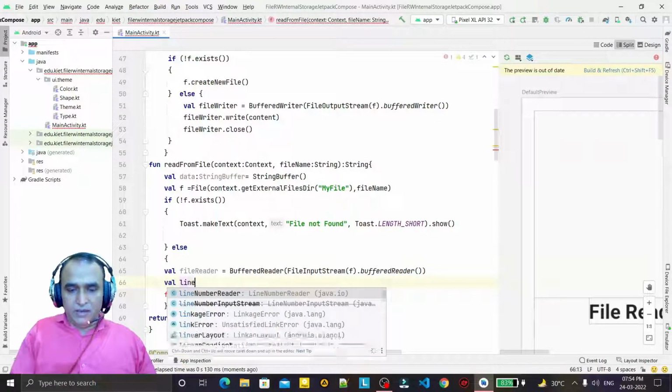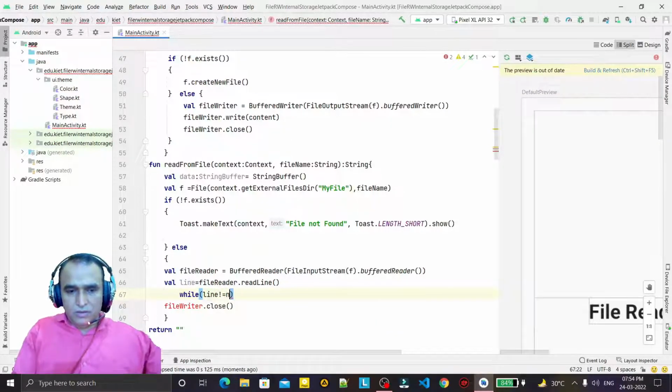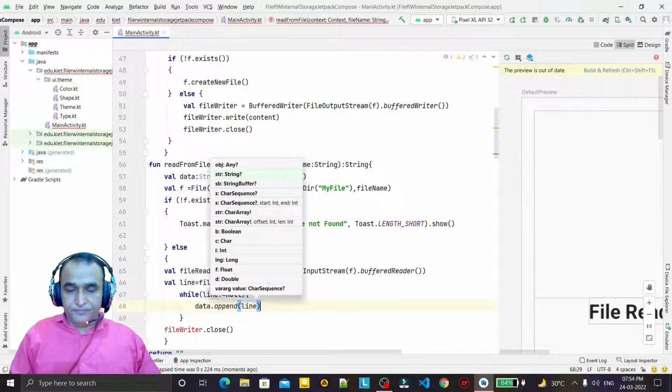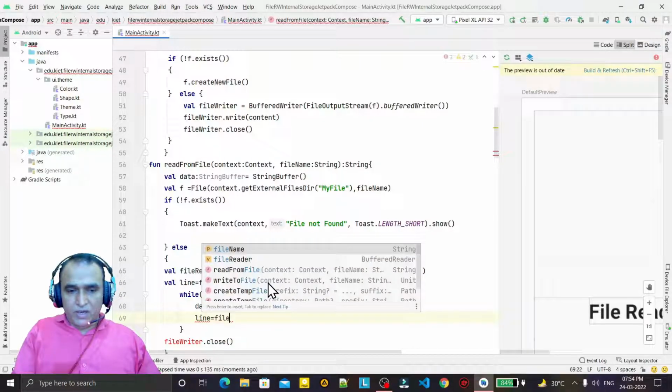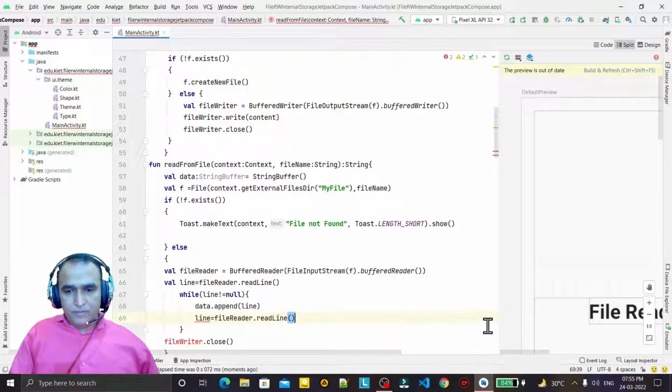val line equal to file reader dot read line, while line not equal to null until we have the end of the line. So what I do, I say data dot append, and here I pass the line, and then I say line equal to file reader dot read line like this,